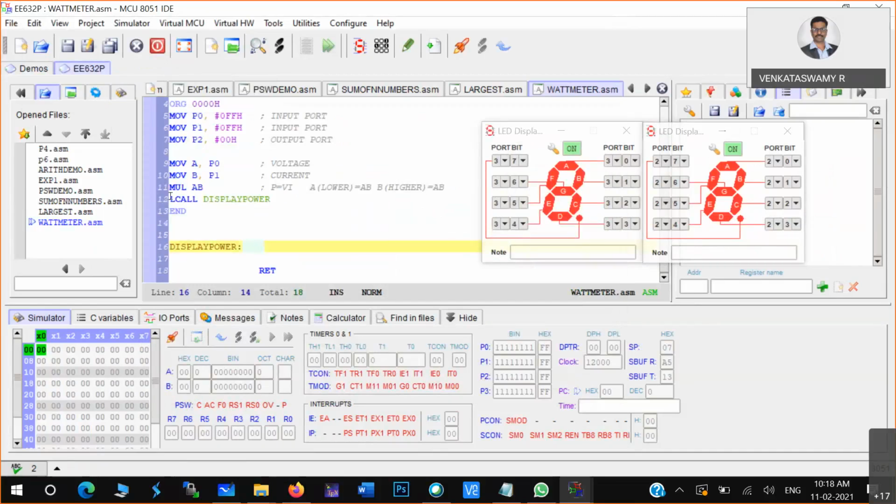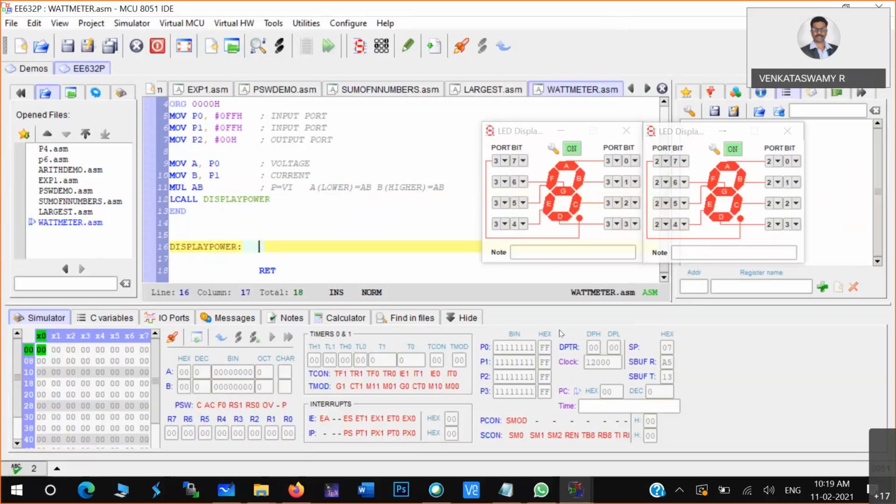I modified a mistake that was there in the connection. Now I'm calling this lcall function. You should know what happens at this point: the program counter will load the address of the function, and simultaneously the address of the next instruction will be pushed onto the stack. The program counter is loaded with the function address. I'm showing the syntax of the function here.